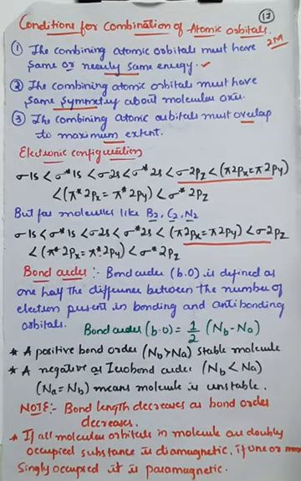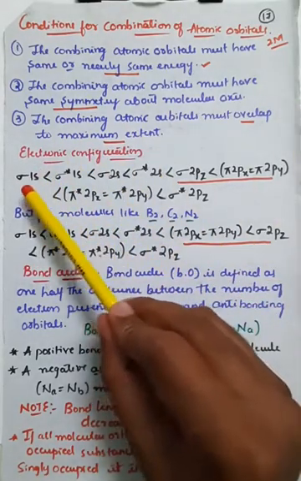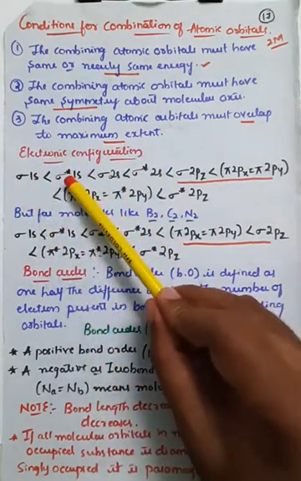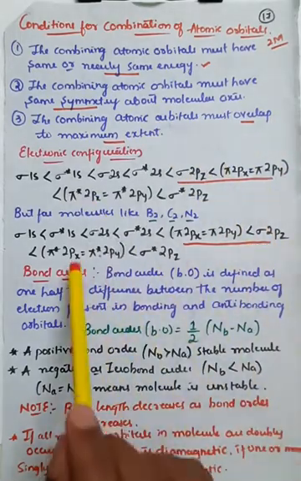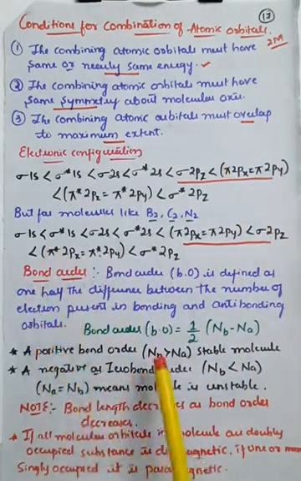So first one is bonding. Bonding means the atomic orbitals which are combined, which are added, to form the new set of molecular orbitals. Those are recognized as the bonding molecular orbitals. And in case of anti-bonding, that is mainly due to the subtraction of the atomic orbitals, which further convert into anti-bonding molecular orbitals. And we have seen it is represented as sigma in case of bonding and as sigma star in case of anti-bonding. Here for the calculation of bond order, there is one formula.